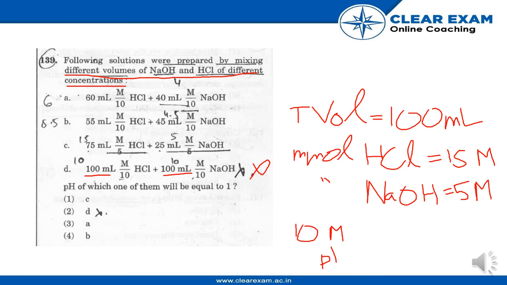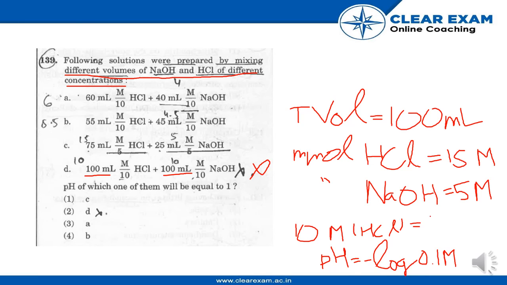So for finding the pH, what is the formula for finding the pH? pH can be found out by the formula minus log of the H plus concentration. And this is the 10 m mole of HCl that is remaining,